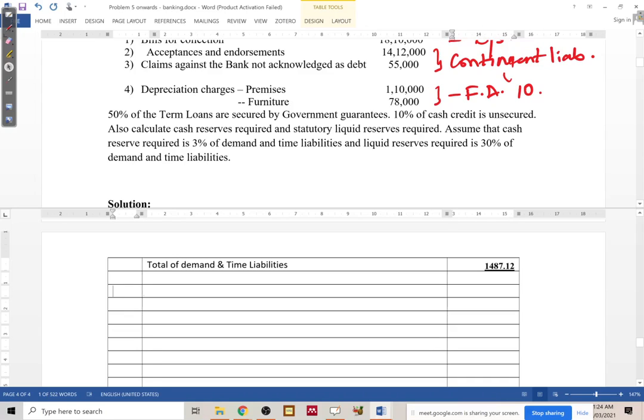In the next calculation, we'll write over here working note 4, cash reserve required. This is the amount of cash reserve that the bank is supposed to maintain. Whether it has been maintained or not, we are going to check from the amount that we have maintained with RBI. So 3% of 1487.12, you get roughly